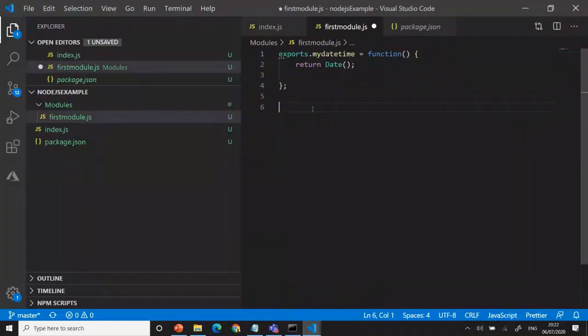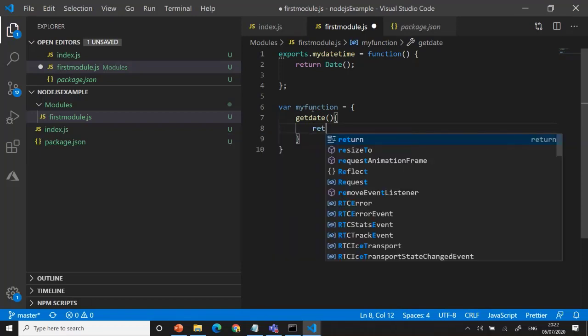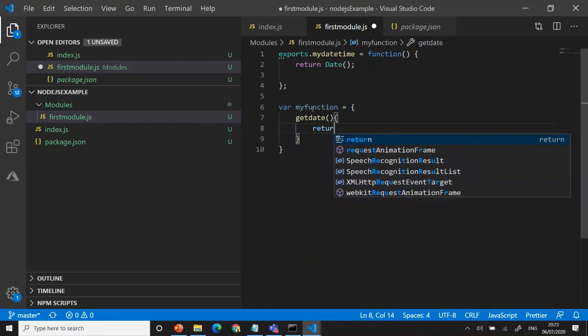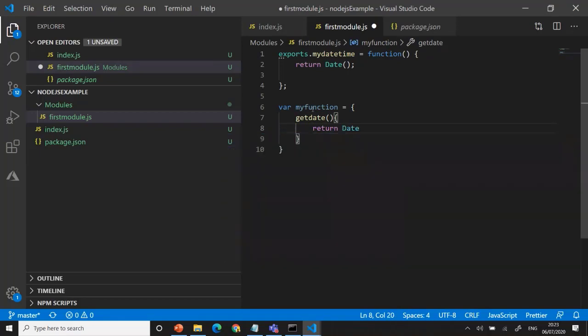For example, I want to bring 2 or 3 methods together, then I can make some module like that. My functions equal to, then there I can add get dates like that. I can return back whatever you want, return date or whatever functionality you want to write.